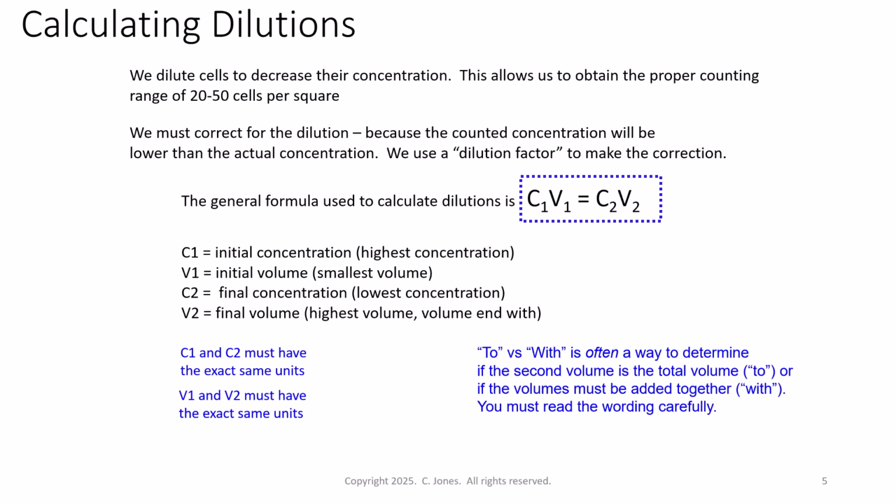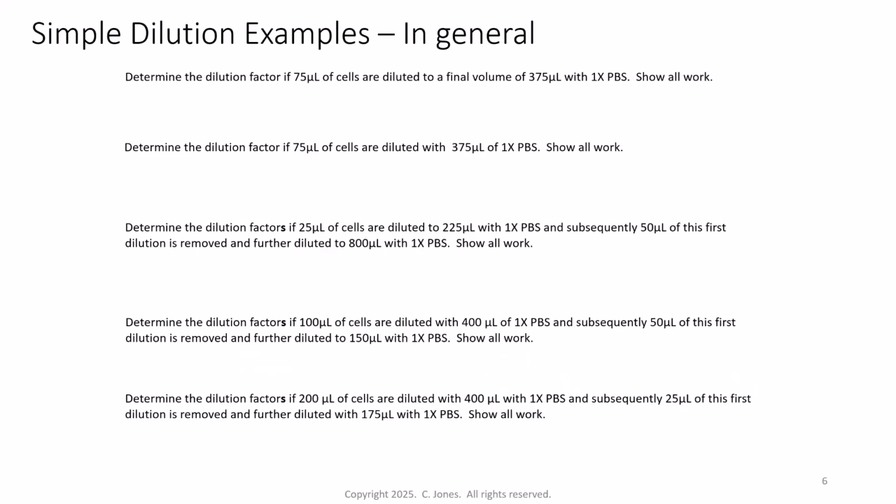That's what we're going to illustrate on the next slide and work through the calculation. Okay, so if you struggle with dilutions, spend a few minutes on this next slide. So here are some examples of the "to" versus "with." All right. Determine the dilution factor if 75 microliters of cells are diluted to a final volume of 375 microliters